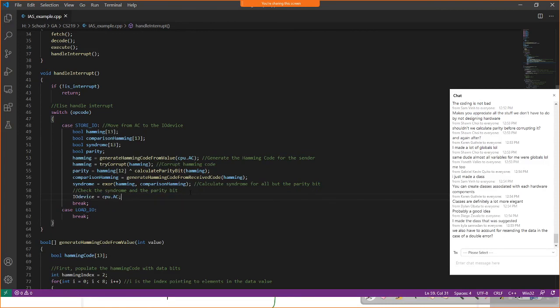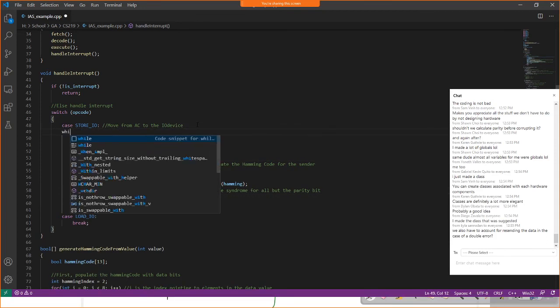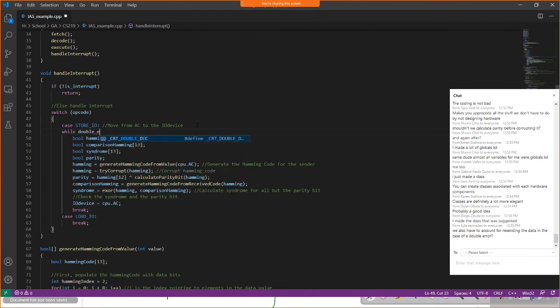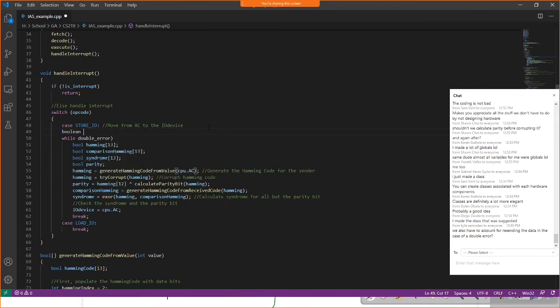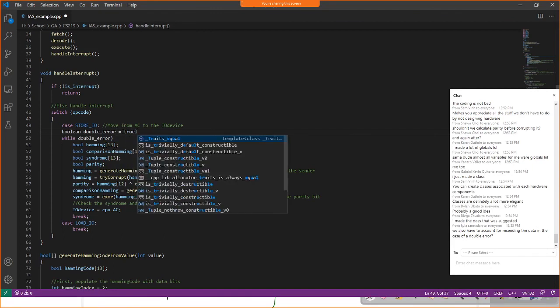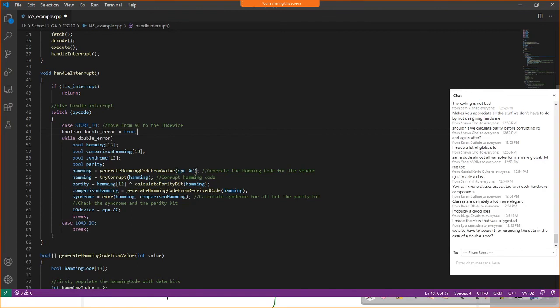That's fine. Either that or you take the Hamming code and decode it and you try to correct it. So if there's an error, you can correct it. If you get a double error detection, you can maybe throw this all in a while loop. So while double error, Boolean double error equals true,